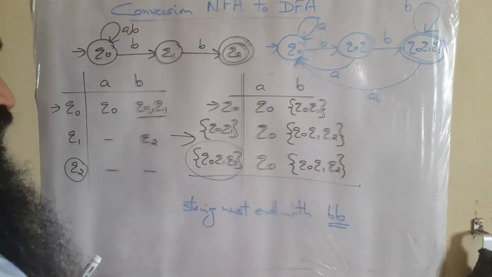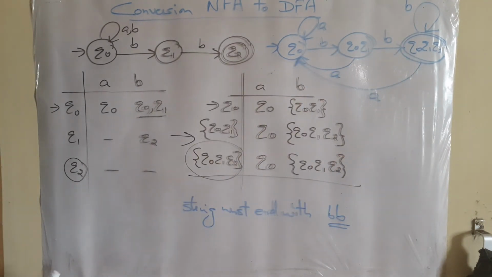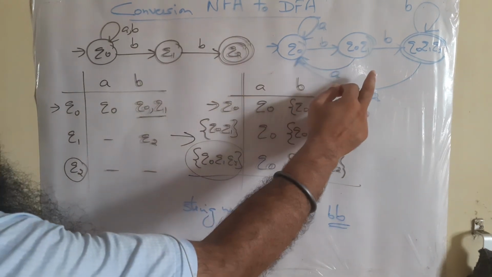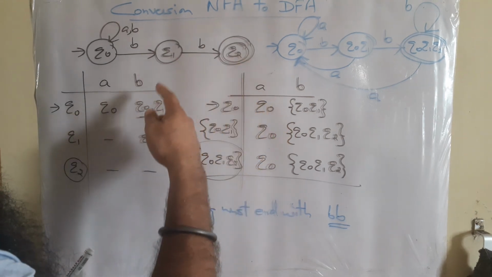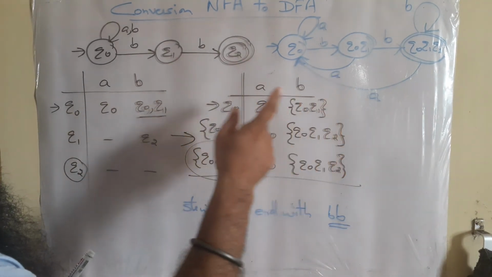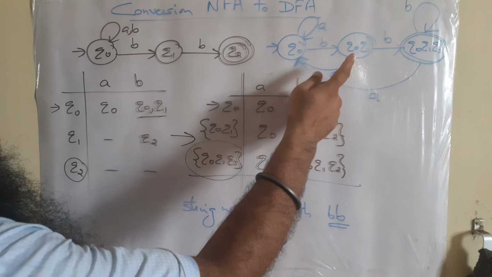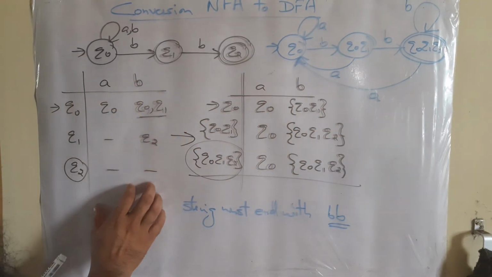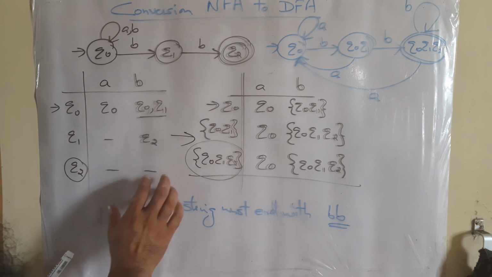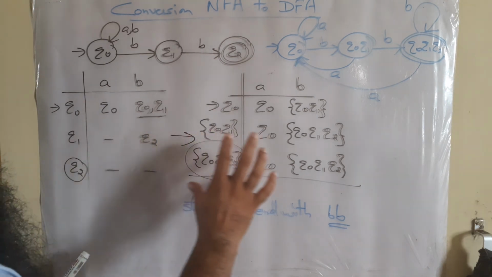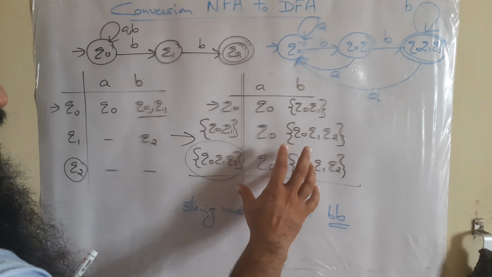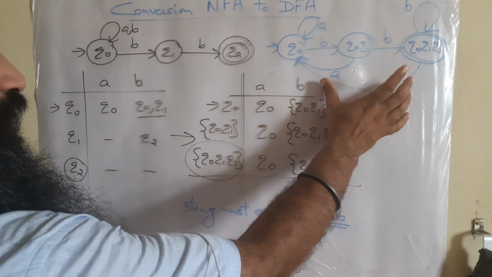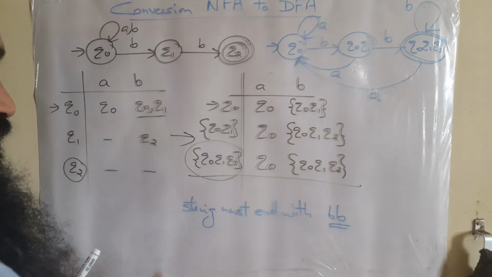So this is the main logic behind this, and it's a very simple method by which we can convert an NFA into the corresponding DFA, but the route is through the transition table. Remember, we can directly write this one, but actually the method is that we first draw the transition table for NFA, then convert that table into a table for DFA, and then we are able to draw the required diagram for the DFA from this table.